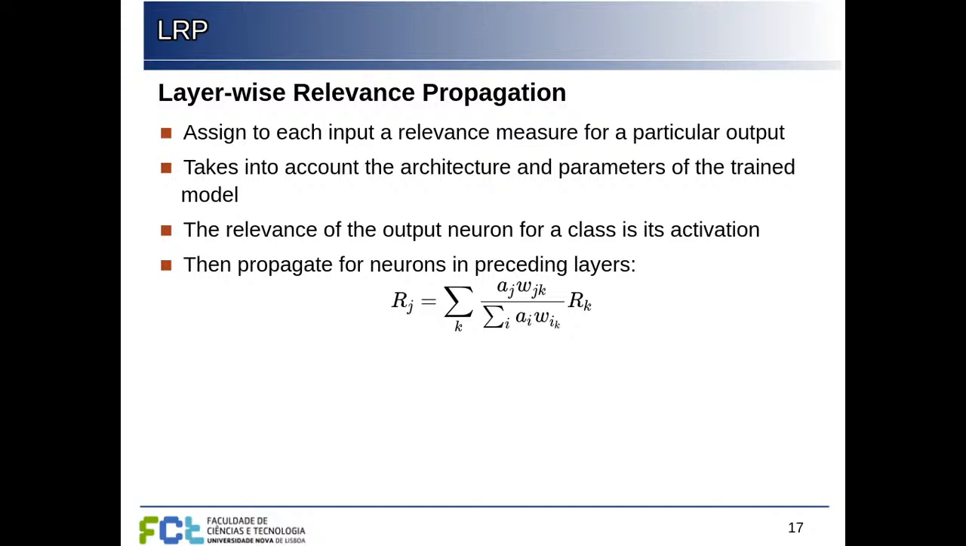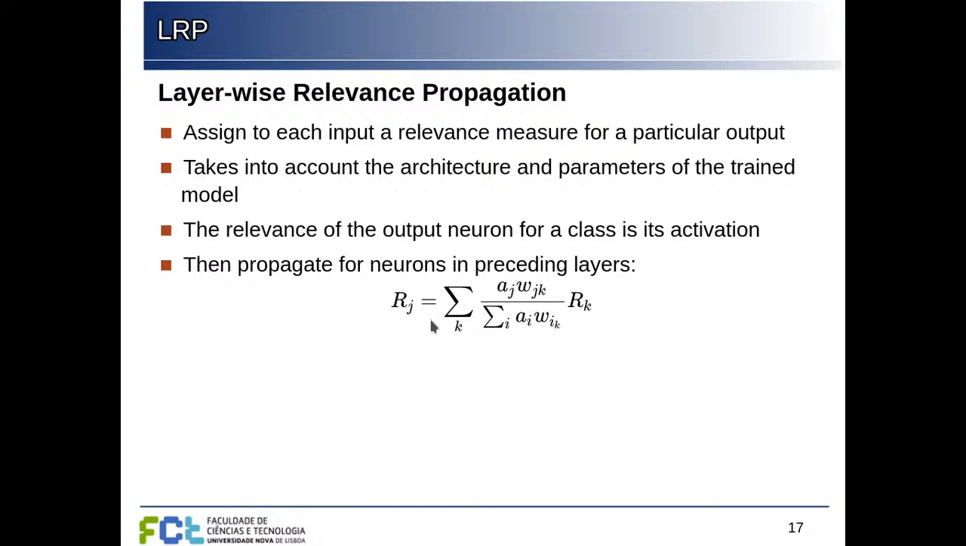And relevance is, for the output neuron, its activation. So we choose a class that we're going to check the relevance for, and we measure the activation of the neuron corresponding to that class. And now we propagate the relevance backwards